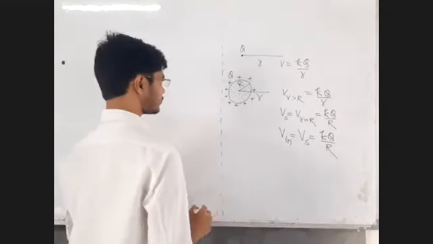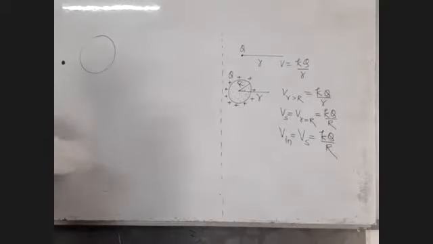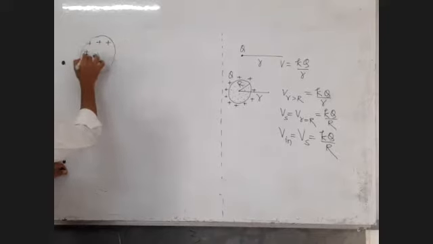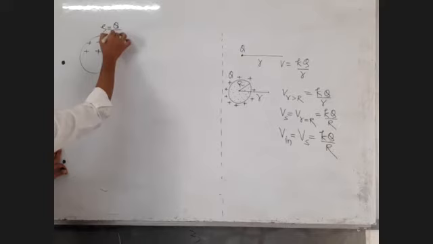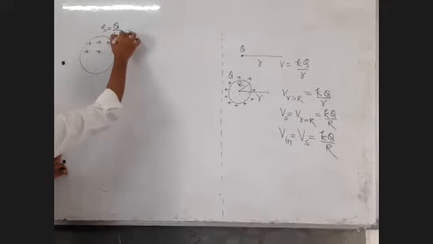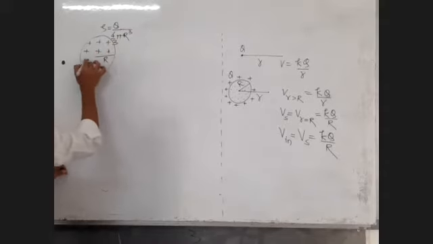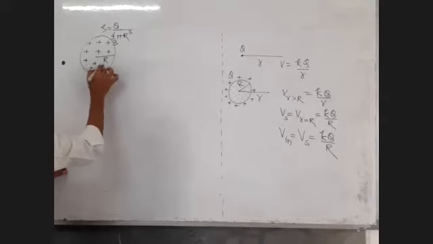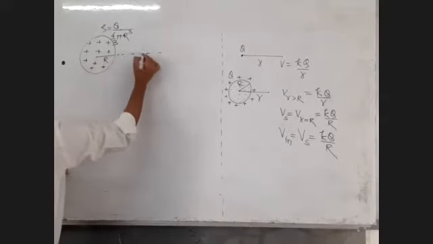So let's say we have a sphere with a volume charge distribution. You can have here the value of charge per unit volume, total charge upon total volume. Let's say the radius of the sphere is capital R. Now what are the values inside and outside?